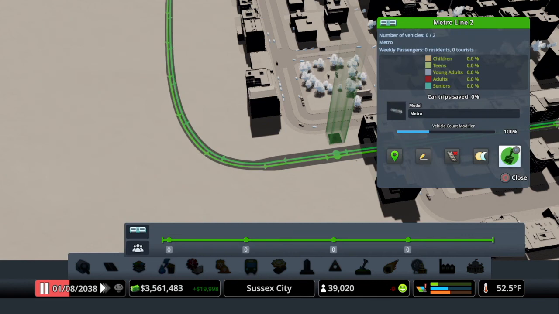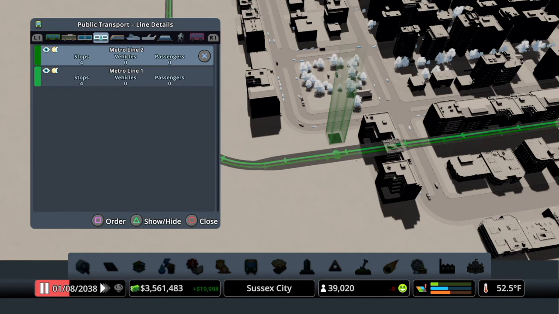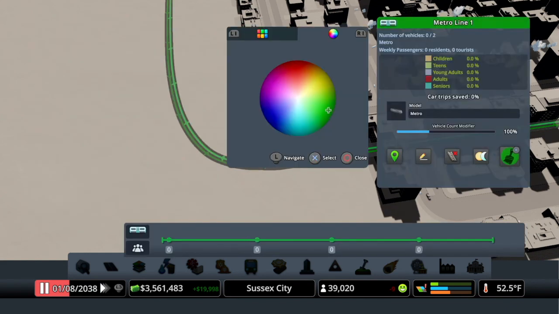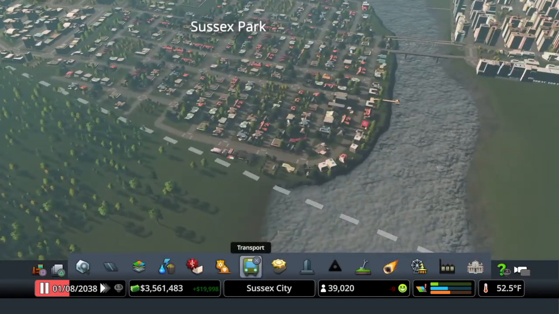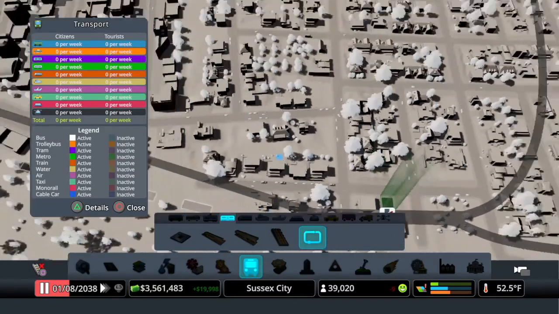Both of them are green. They're a little too close in color, so I'll just go back and darken it up, and maybe I'll go down to this one and I'll lighten it up so they're a bit more extreme, but they're both in the green color code. So now we're going to go ahead and run a route from here,